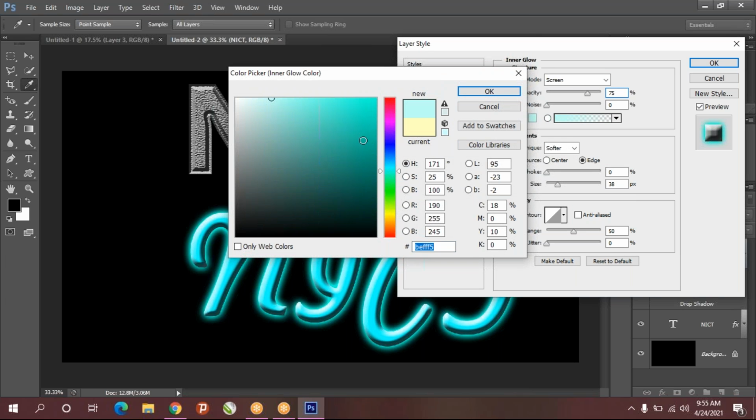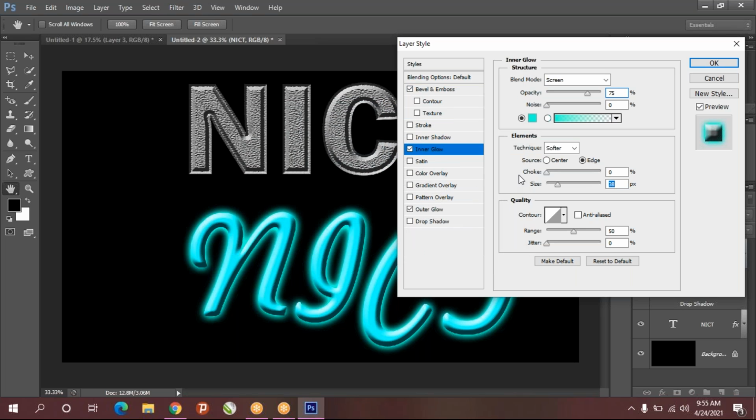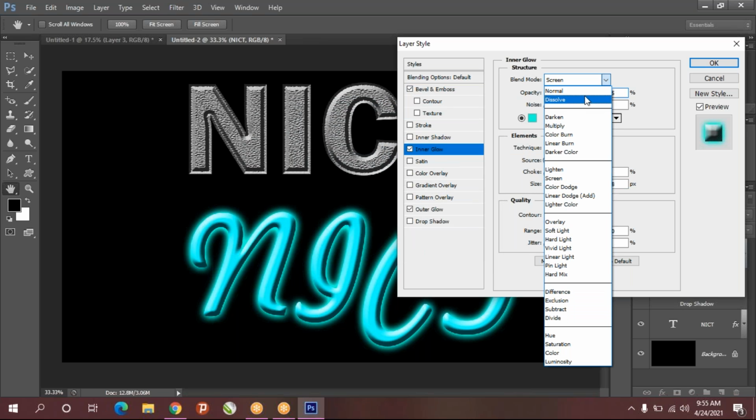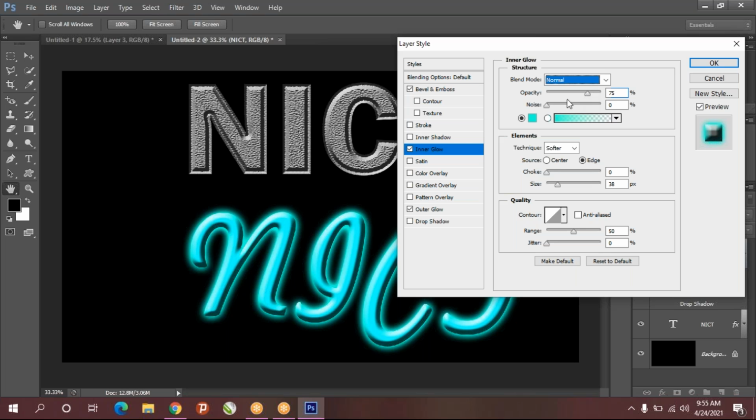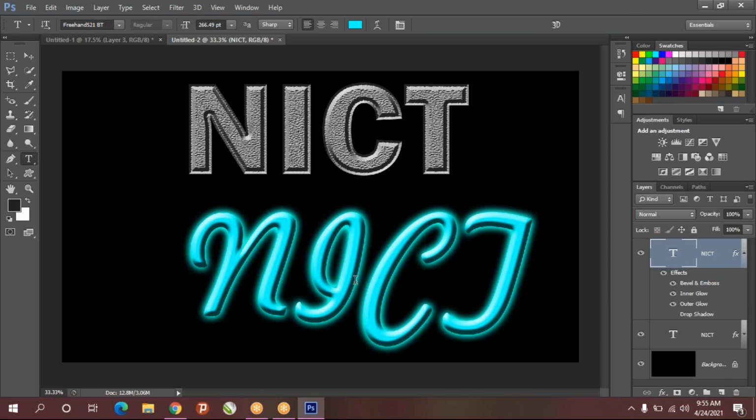Same color only I'll give. And blend mode is important. So like this you can make lot of things like glow.